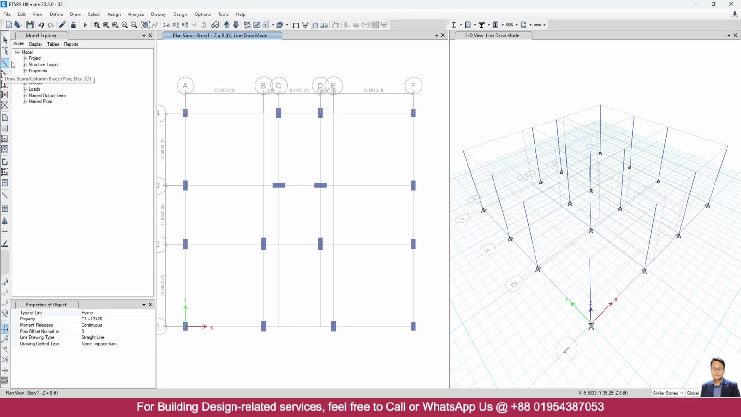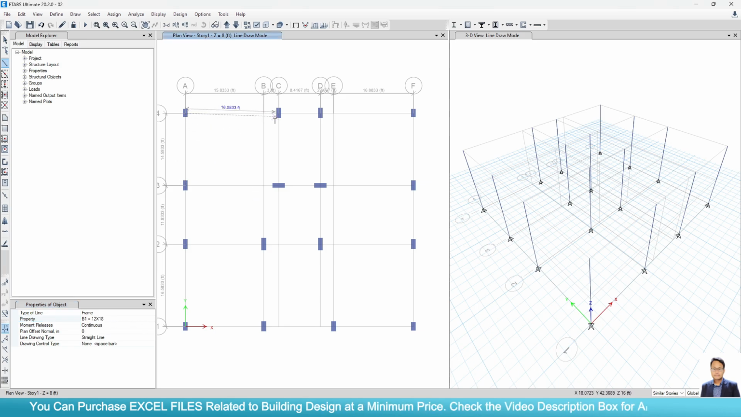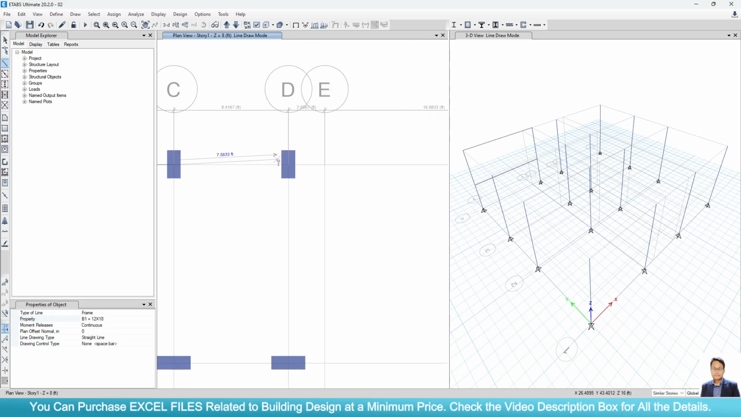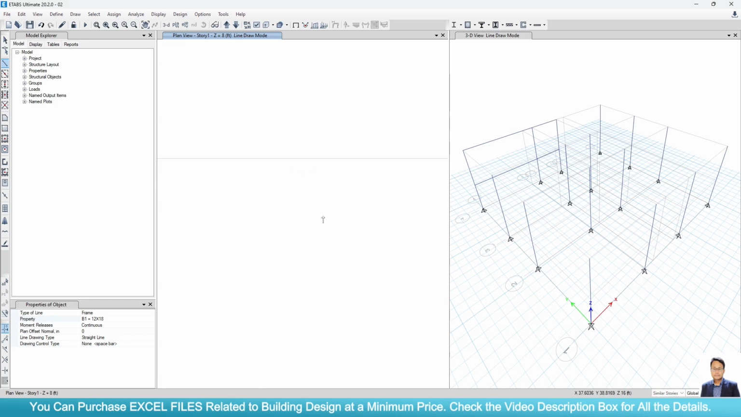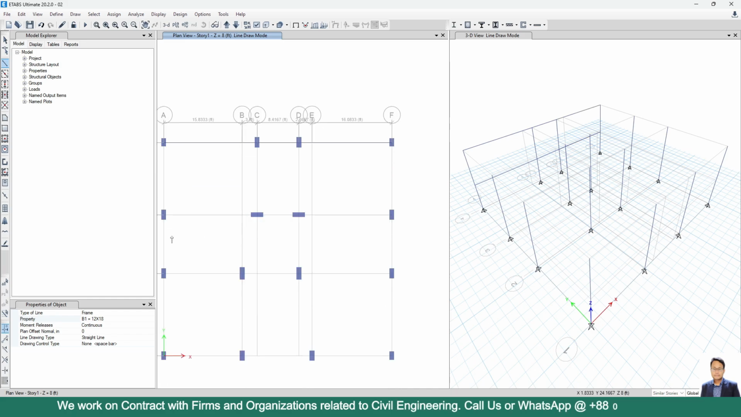So go to draw beam. From here I am selecting property 12 by 18. Now draw grade beam. Definitely select grid point. Never select column extension point or any other command. Always go for the grid point. And always snap by checking this. Suppose here, now this is snapping the grid point F4. Again from this point,